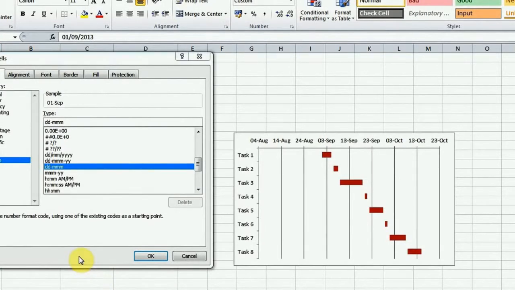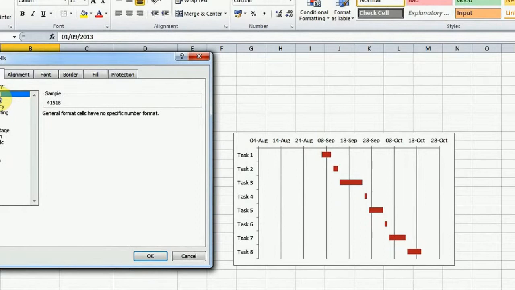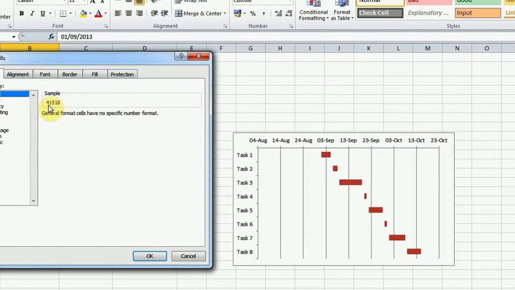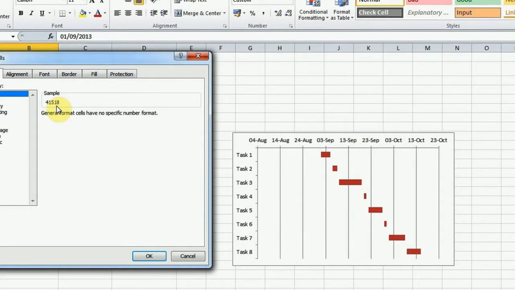Choose General from the number category and note down this number which represents the first start date. In our case, that number is 41518 and click Cancel.